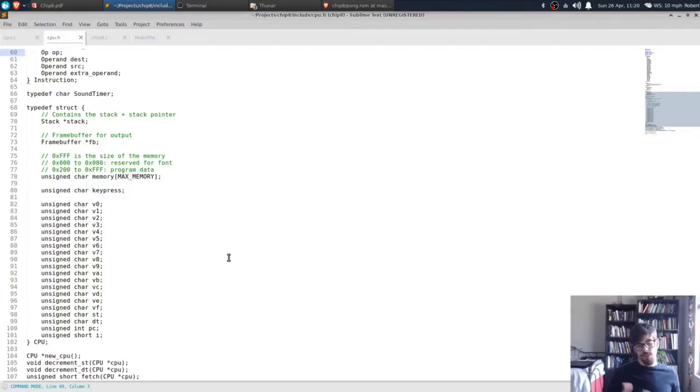Because it only draws something to the screen when it encounters the draw. If it's a draw or clear, then we'll say redraw the screen. Otherwise, it only draws to the frame buffer, and the frame buffer will only change when the draw instruction is executed. So